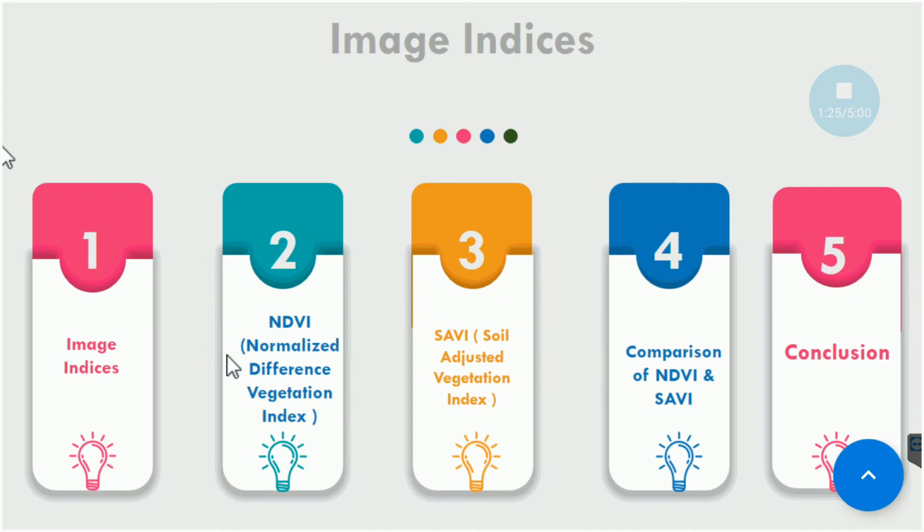After learning the basics, now we have to compute the third index, that is the soil adjusted vegetation index. In this lab, we will focus on what SAVI is, why it is required, and what is the need for SAVI in the presence of NDVI. Later on, we will practically perform NDVI as well as SAVI on an image and see what differences both have, and what values of the SAVI L factor we have to use in different vegetation cover studies. Thereafter, we will be finally concluding our lab.